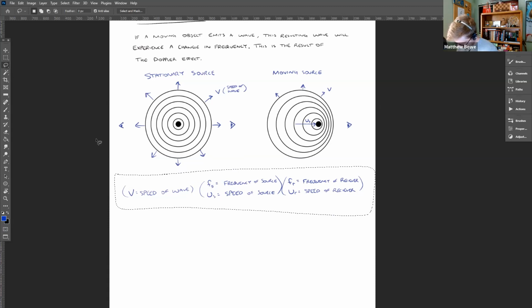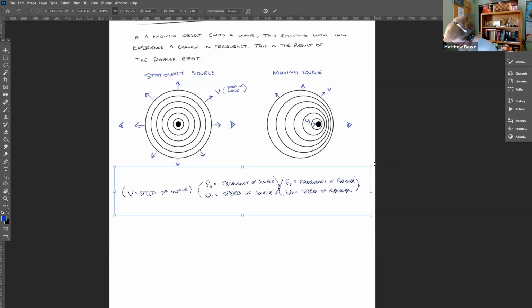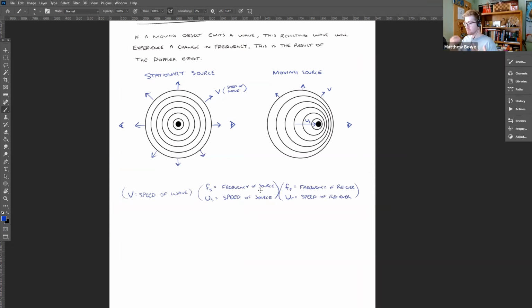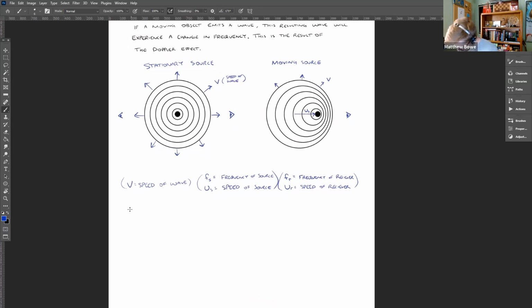So that's like the picture I have above. In the picture I have above, the observer is staying still. The observer right here is just motionless and staying still. So for a stationary receiver,